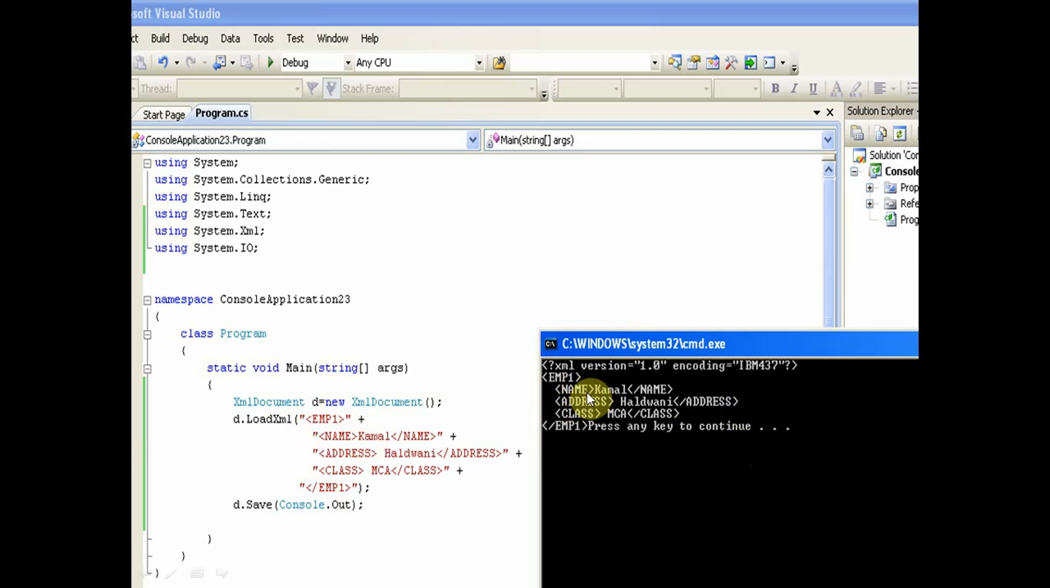So you can see here the complete XML file. Automatically it will add the question mark xml version line also, and then the code which we have given in the LoadXml function will be displayed over here. So this is Console.Out, which means it will be displayed on our monitor. In case we write the name of any file, then it will be transferred to that particular file. तो यहाँ पे हमने load XML के अंदर ये XML कोड लिखा और उसके बाद d.save